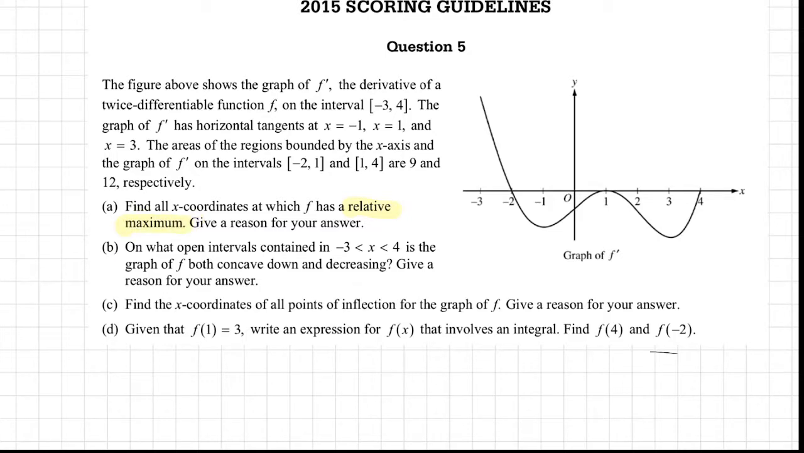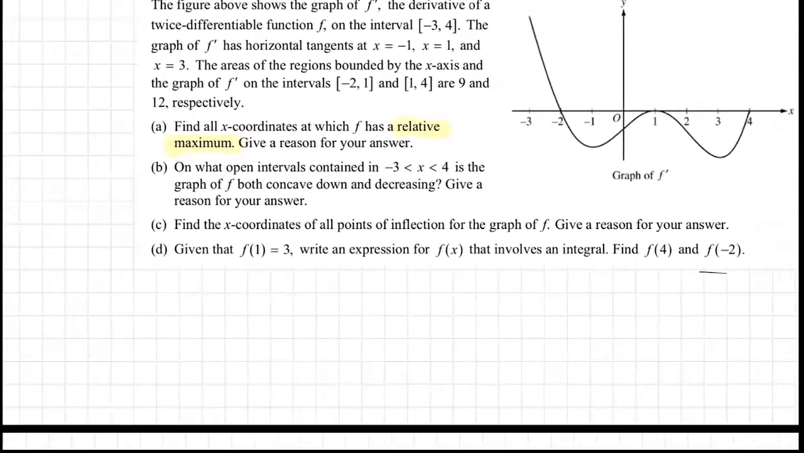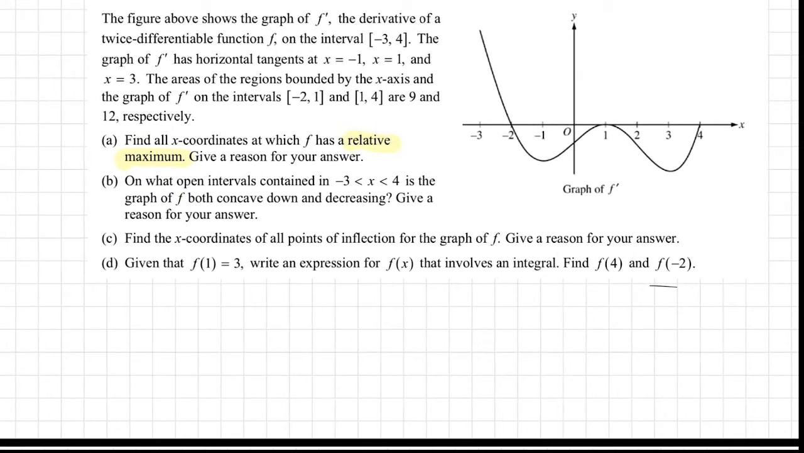Now, on what open intervals contained in -3 to 4, that's just your entire bounds shown in the graph, is the graph of f both concave down and decreasing? Give a reason for your answer. This is one of the classic interval questions, open intervals indicating you can't be concave down or decreasing instantaneously,